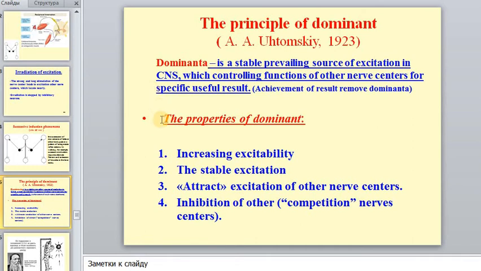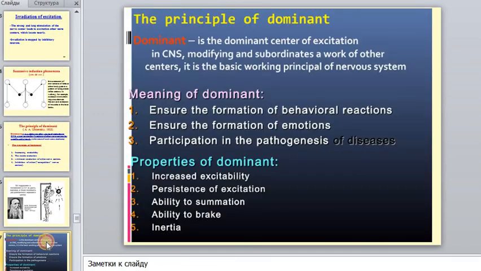And the properties of dominant: increased excitability, stable excitation, attraction of excitation of other nerve centers to one dominant center, and inhibition of other nerve centers. And the principle of dominant, the meaning of dominant, ensures the formation of behavioral reactions, ensures the formation